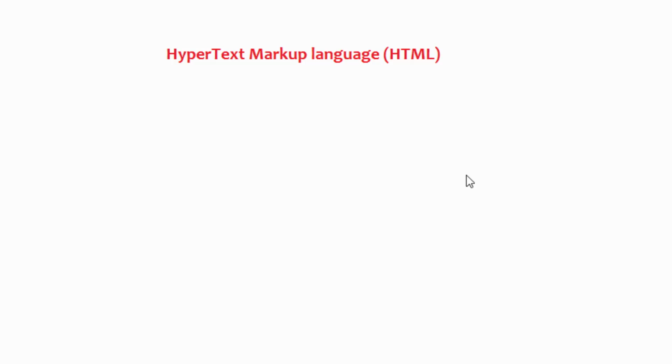Today we want to learn something about Hypertext Markup Language, or HTML. HTML is a computer language that is used for writing web pages. So in short, I can just say here,